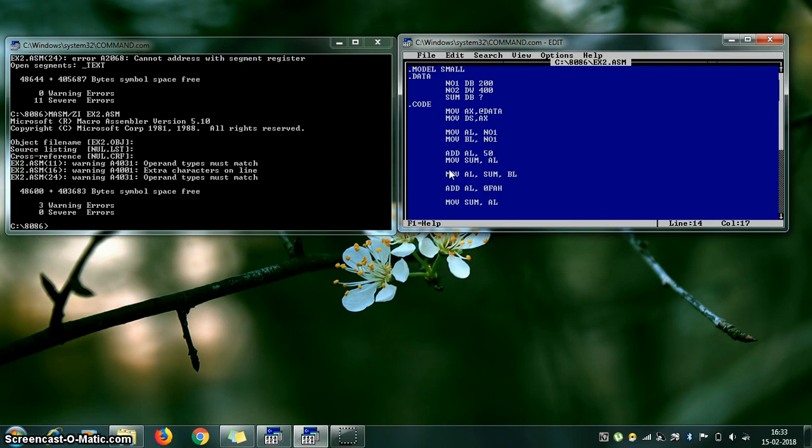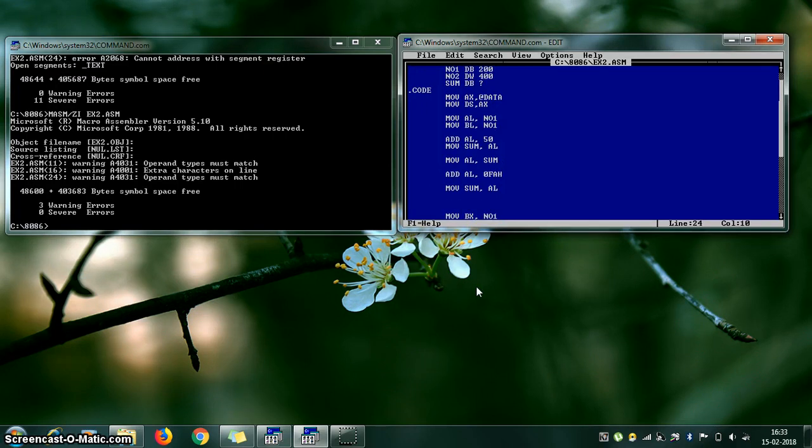Again go to line number 16. It says extra character on line. Correct, the extra characters are comma BL. I have to keep only MOV AL comma sum. So remove the comma BL. Again line number 24.